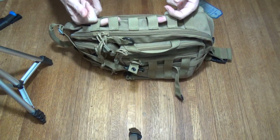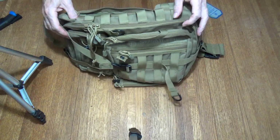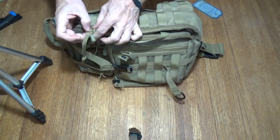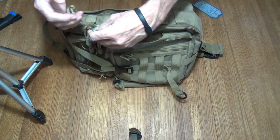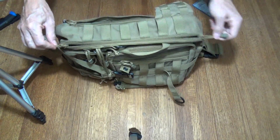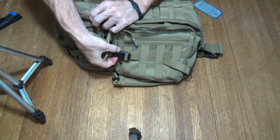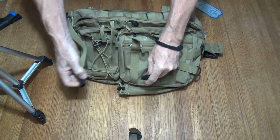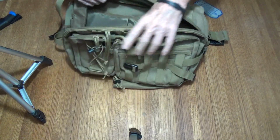Again, I said you have the MOLLE straps on the side. You can use those for whatever you like. Going around the front of the pack, or the top of the pack, we'll continue on with the compartments. The big large compartment, undo this strap right here. The large compartment unzips all the way around,